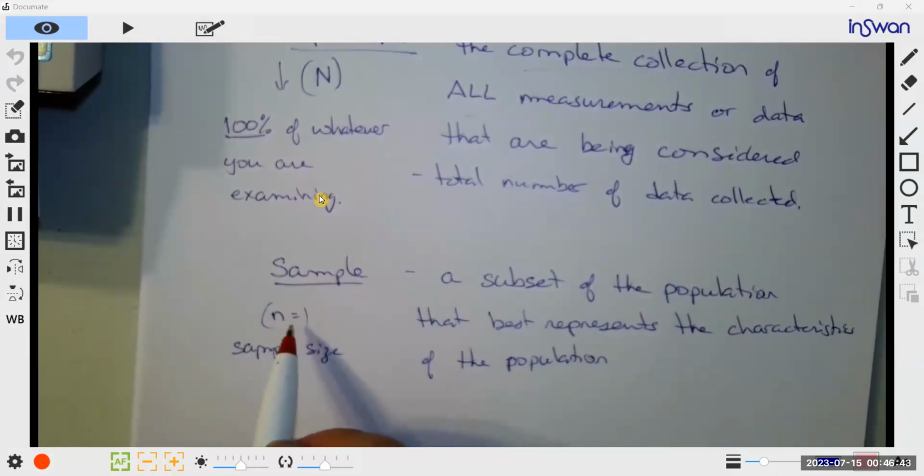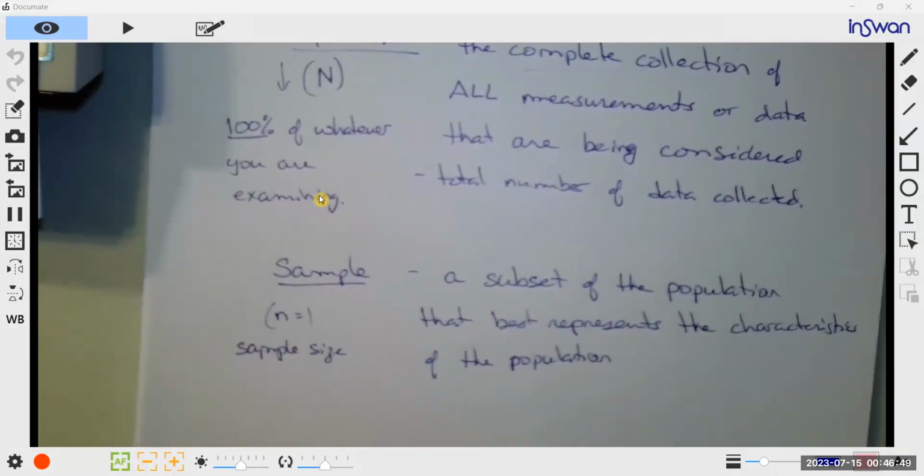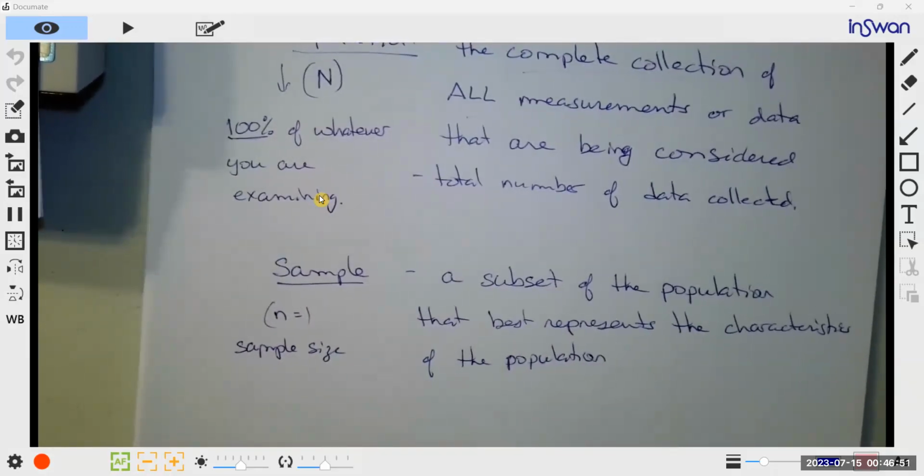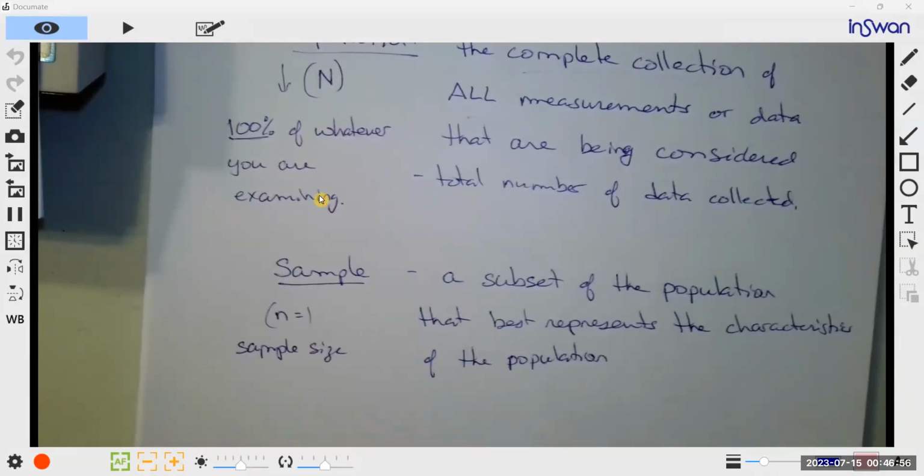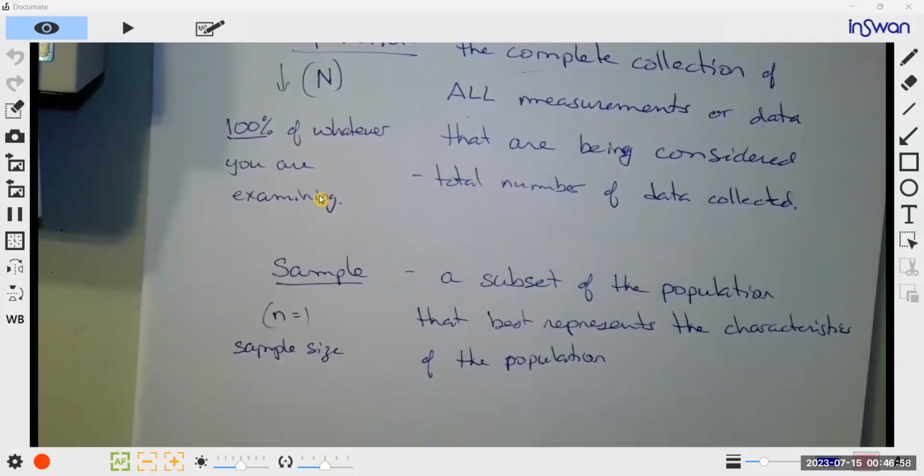The sample size of our class is 25. If I'm going to study the students at Mountain View, I could survey the students in my class. Again, it's not going to be accurate because the larger